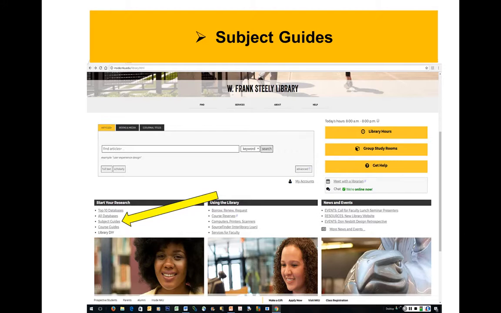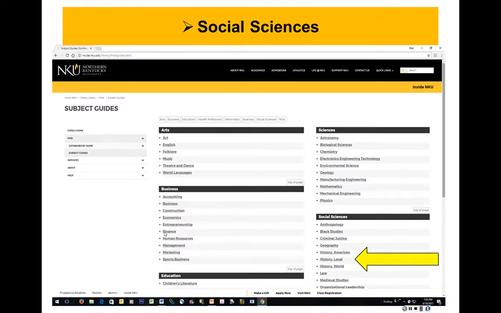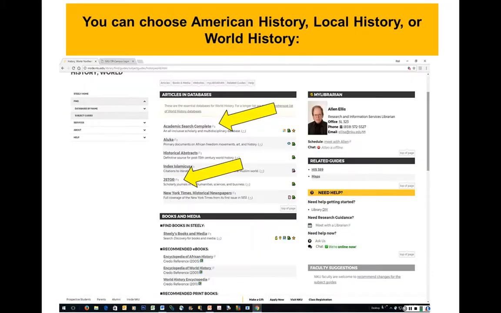On the W. Frank Steely Library website of NKU, you will see down here something called Subject Guides. If you click that, you will find under Social Sciences, History American, Local, and World. You can click any of those for whatever subject topic you're talking about in this class. This is an example of what you would find under World History. You would find some of the databases that we're going to be suggesting for you, like Academic Search Complete and